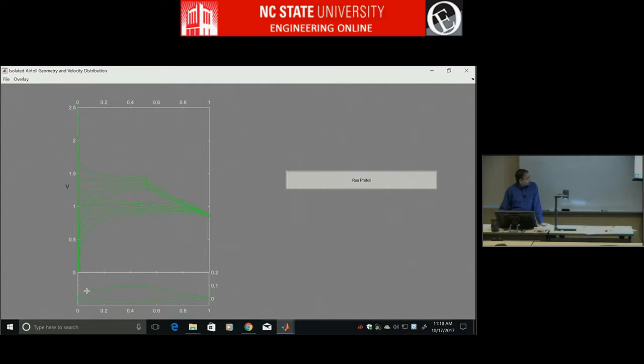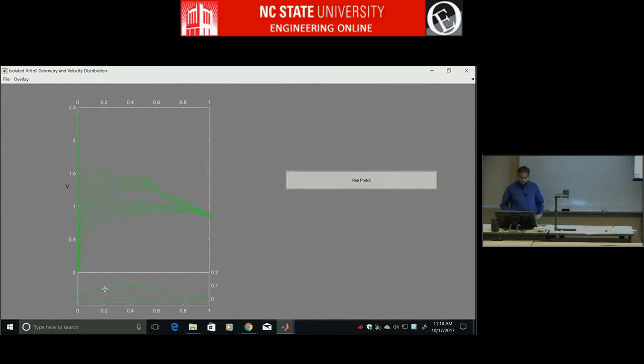And look at the shape. The shape, it's not like it's horizontal or something. So the shape, it's very, very hard to think of what the shape should be to get a certain velocity distribution. If you had to go and manipulate the shape, I mean, you would just struggle for a long time. Whereas with an inverse design, you can say, I want this velocity distribution, just go figure out what the shape